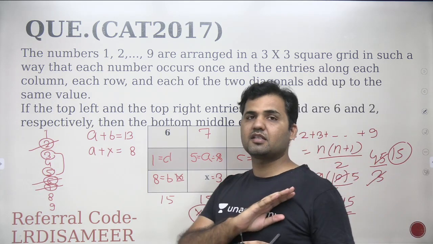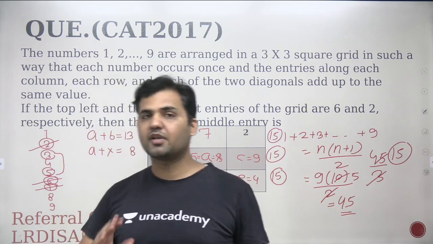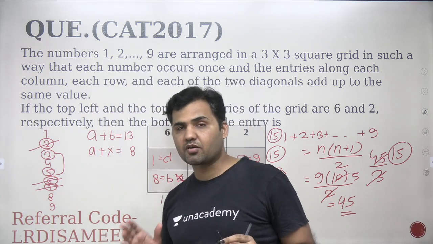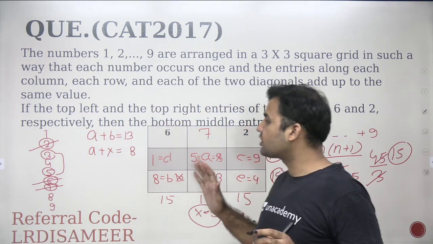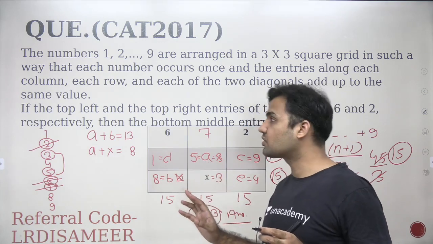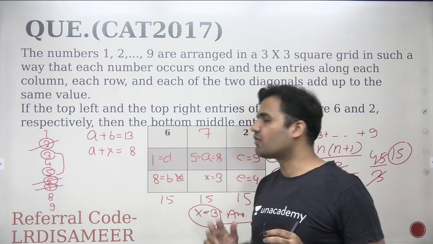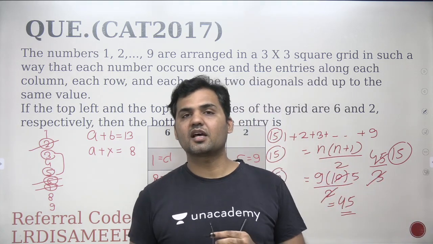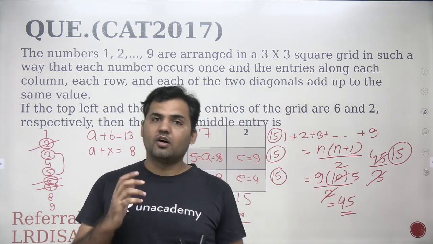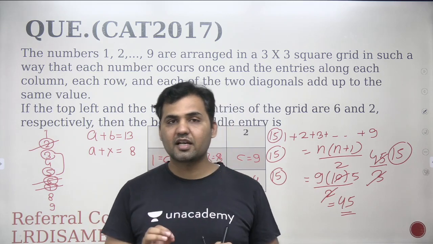We will be discussing the complete series of magic square questions. There will be around 7 to 8 videos I'll be uploading on magic square. This is the first one, just to explain the concept of magic square, to make you understand what exactly is the meaning of the magic square, and what are the different types of questions that the examiner can ask from the concept of magic square or from the matrix, right?